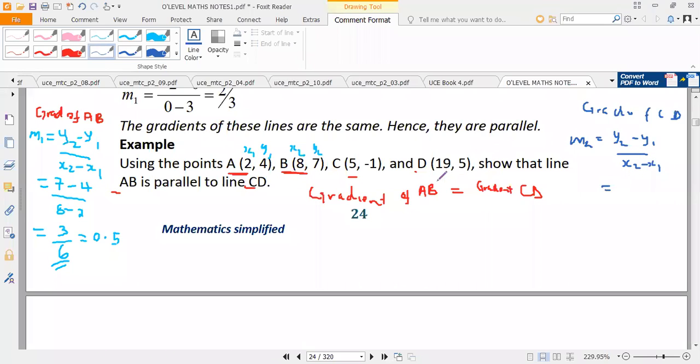This is D, this is C. So still we can name our Y2 and X2, and also Y1 and X1. So this will be given by 5 minus -1 out of